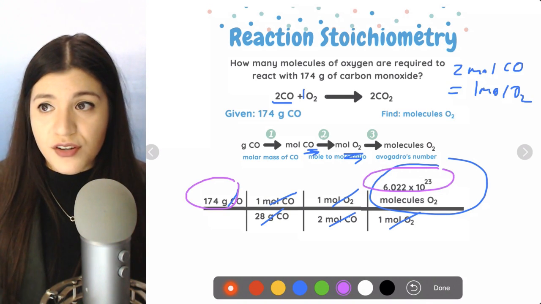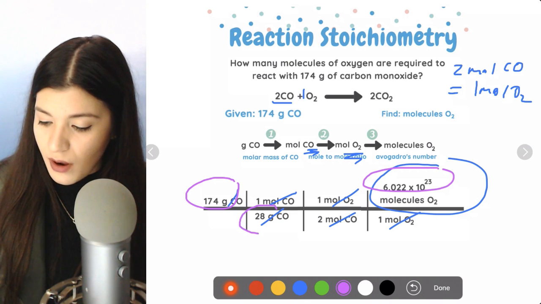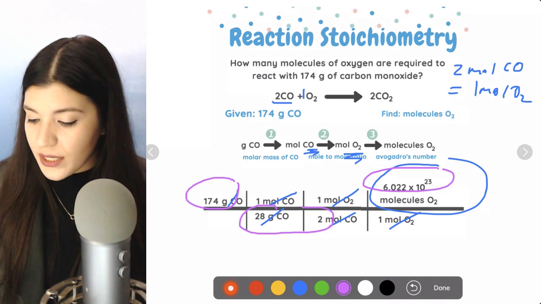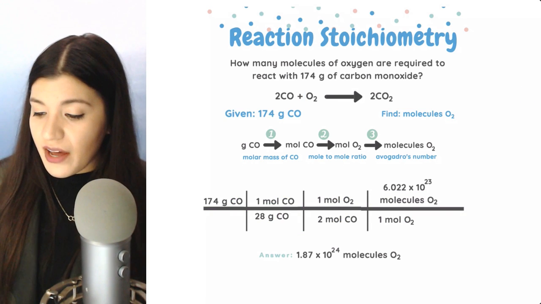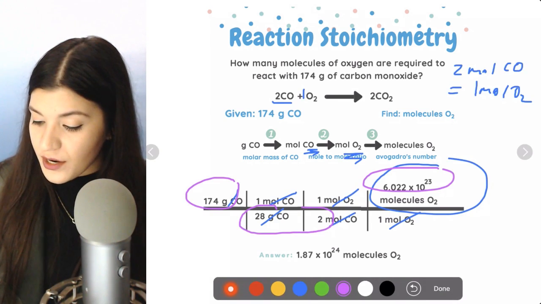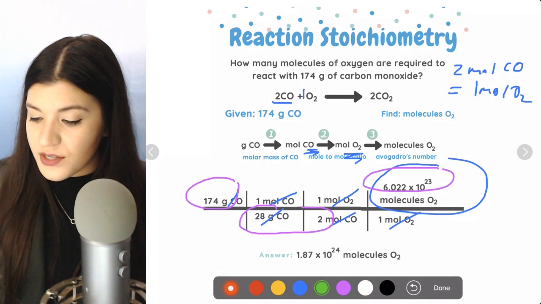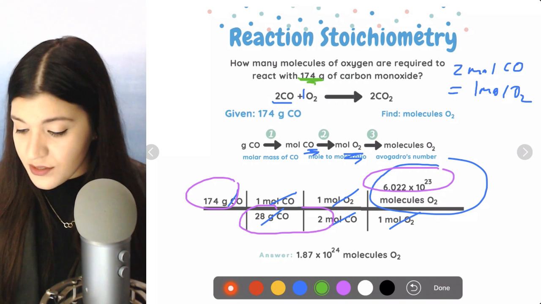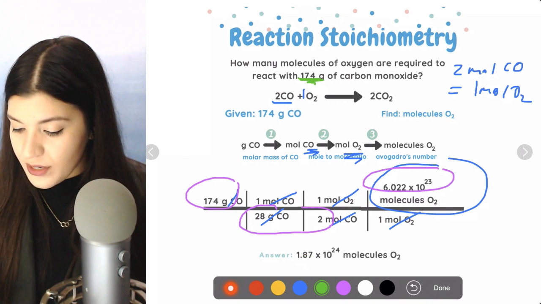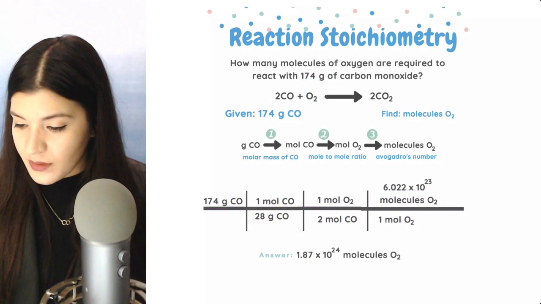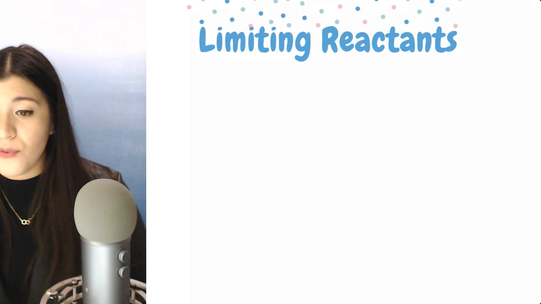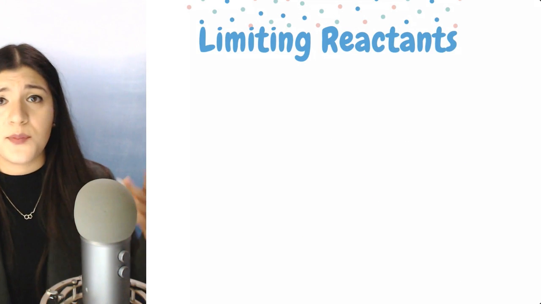So do that first, then divide by the bottom multiplied, and that will give us our final answer of this value. And then note your sig figs: we initially started with 3 sig figs, so we have to end with 3 sig figs. Okay, so that would be it for that concept of reaction